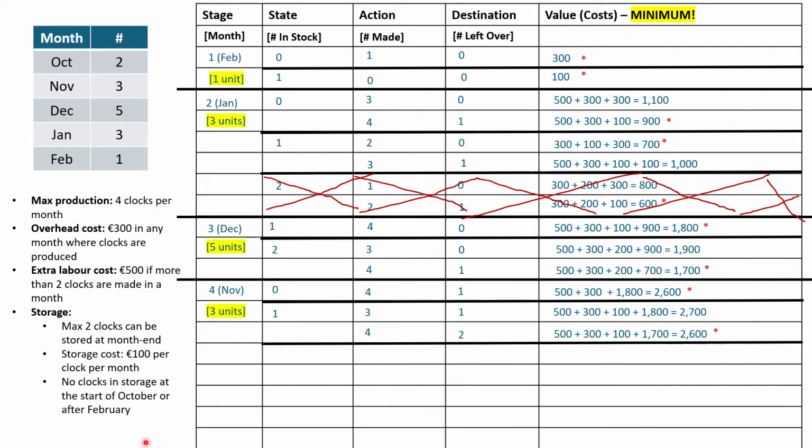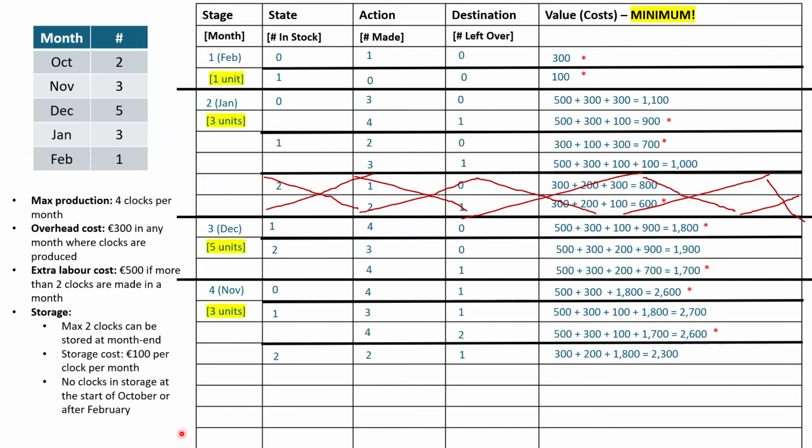So I could make 4 here, leaving us with 2. So our total cost in that case is 500 for our extra labor, 300 for our overheads. We have 100 for our storage of 1, and then we add on our 1700, which is our optimal value if there was 2 units at the end of November, which is the start of December. And of these 2 lines here, the optimal value is 1700. Now, I can't make any more. 4 is my maximum, so one of these two values must be optimal. So our optimal is going to be 2,600,